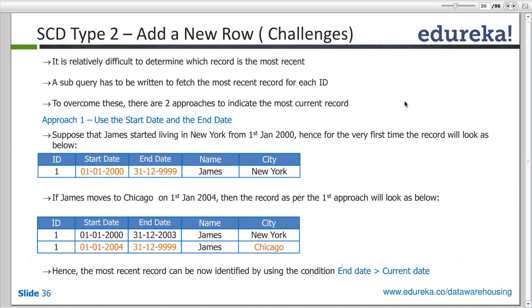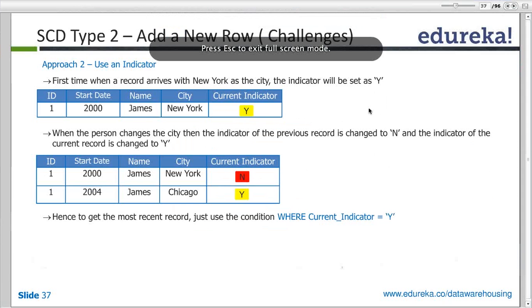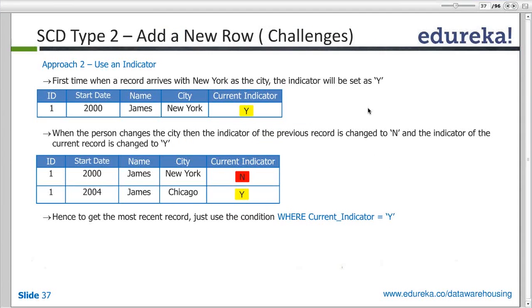Having a subquery and maintaining the dimension table. So we discussed another way to find out the current record in the dimension. It's the current flag indicator, Y and N. You see the first record